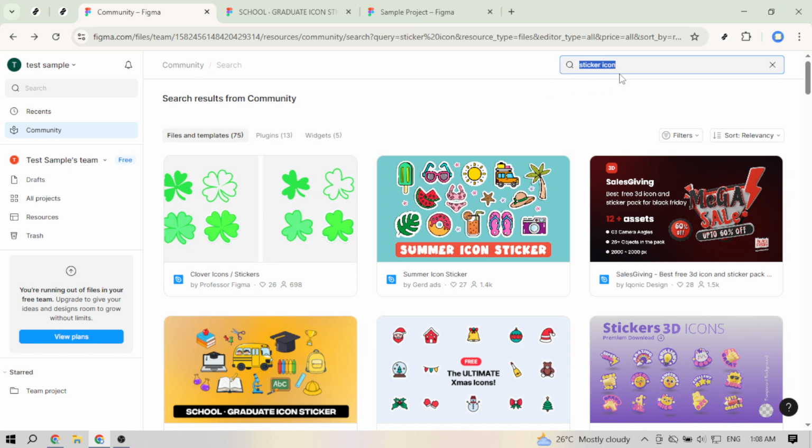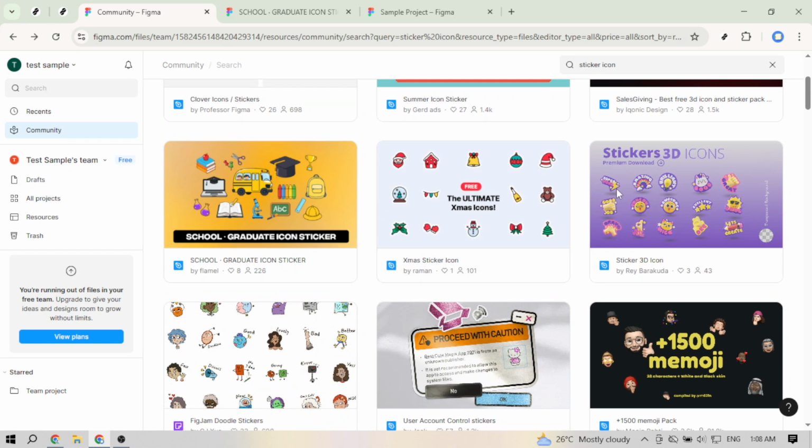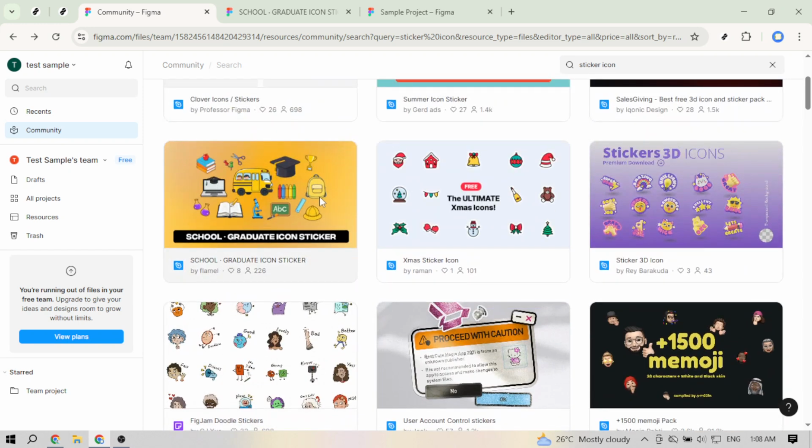If you see a lot of plugins or widgets, filter for files so you're browsing design templates. Skim the previews and look for a style that fits your project: rounded, flat, playful, or minimal. You can click into a file to see more pages, component names, and usage notes. It's also a good moment to check the licensing details shown on the file page to ensure it's free to